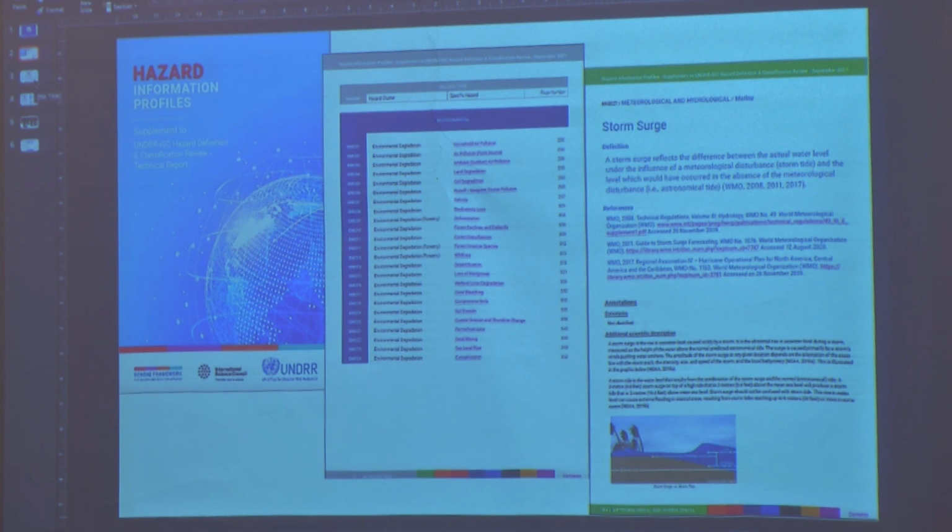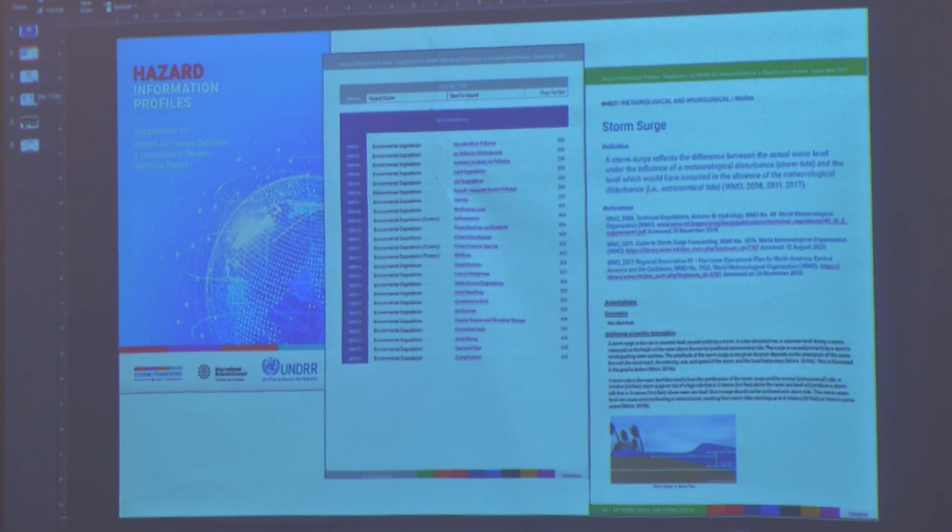And what we're doing under the national platforms for other countries is putting all this information under one-stop clearinghouse of risk information. So very much it would be tied to the DRIP in terms of making available that risk information, or at least making users aware that the risk information exists, so you don't have to do a risk assessment all the time, that you would go to a product like the DRIP that would give you a picture of what risk assessments have already been done in a particular area of Bangladesh.